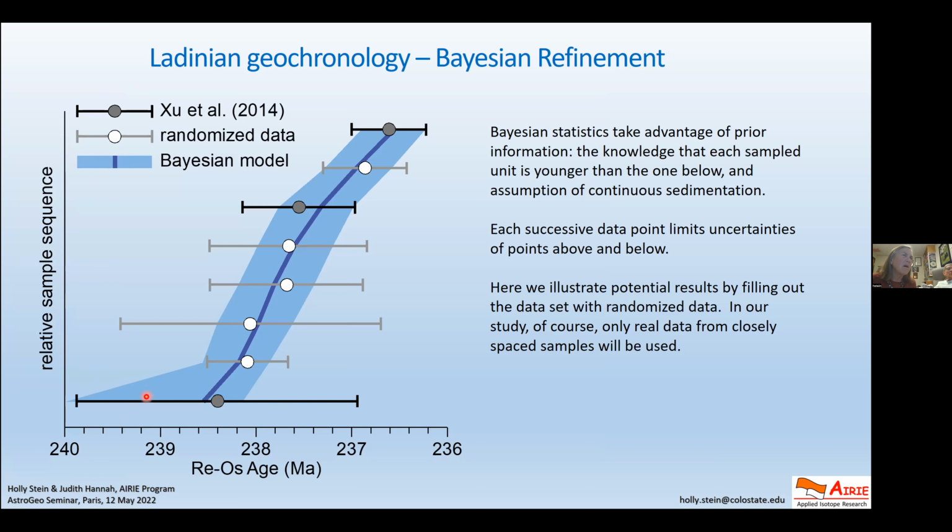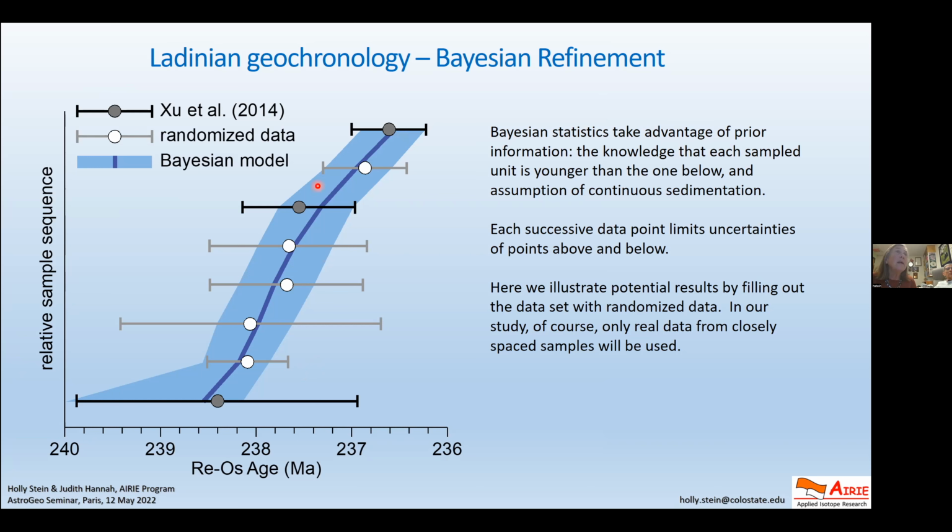So we've put our largest uncertainty at the bottom, in the oldest sample. As we went up in the section, this one had a much tighter uncertainty, closer error bars, and the top one in our section has the smallest error bars. What if we went into this section and sampled very tightly in between these samples? So instead of sampling over a couple of meters, we started sampling every 200 centimeters, something like that, within the core. We could theoretically get a bunch of other ages.